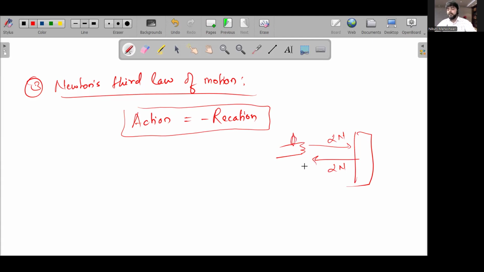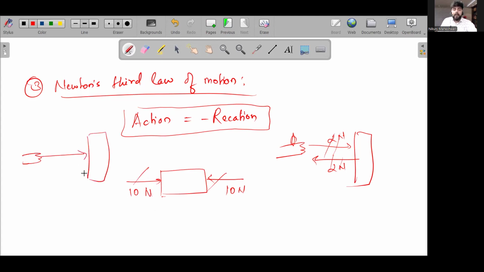Now there is a very, very common mistake that the students make here. What they'll do is, sir, action reaction pair equal and opposite, therefore they should cancel out. Two forces only cancel out when they are acting on the same body. 10 Newton, 10 Newton. Here you can say that they are cancelling out or balancing out each other. Very simple. But look at that part, that diagram. There is a force by the hand on the wall, and there is the second force by the wall on the hand. So there are two different objects involved. You cannot cancel the action reaction pairs like that, right? So that's a very big misconception that the students go through. Please be mindful about that.